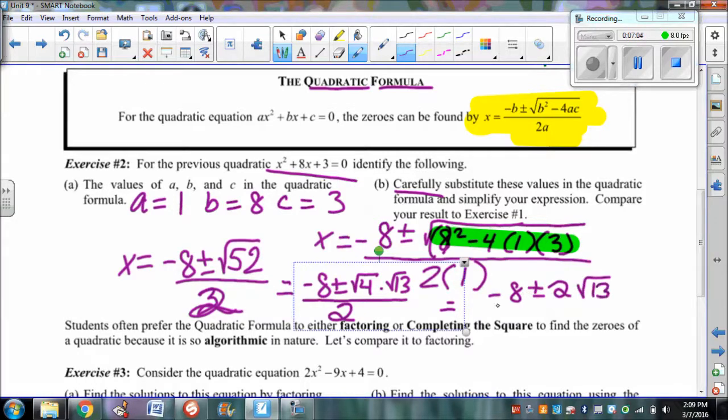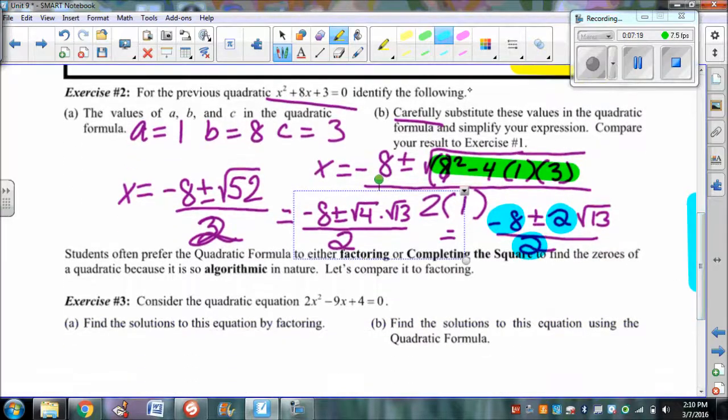Now when we continue to simplify, I've talked about how certain things play nicely with each other and other things don't. Well, the numbers, those rational numbers outside the radicals, they play nicely with each other, so we've got to simplify. So what I highlighted in blue there, you need to think about what's the GCF. So the GCF is 2, so if we simplify each piece of that by 2,